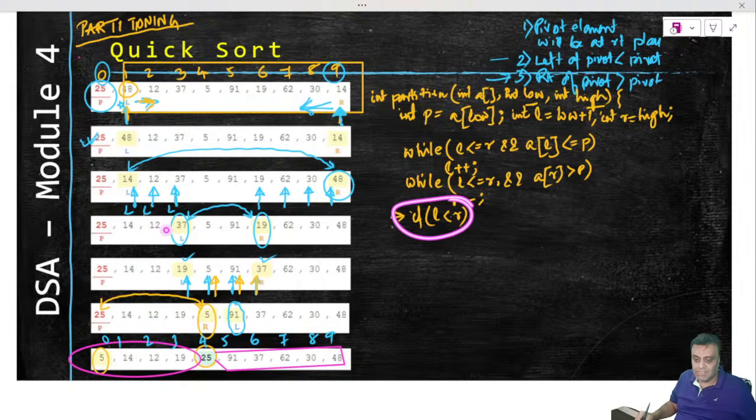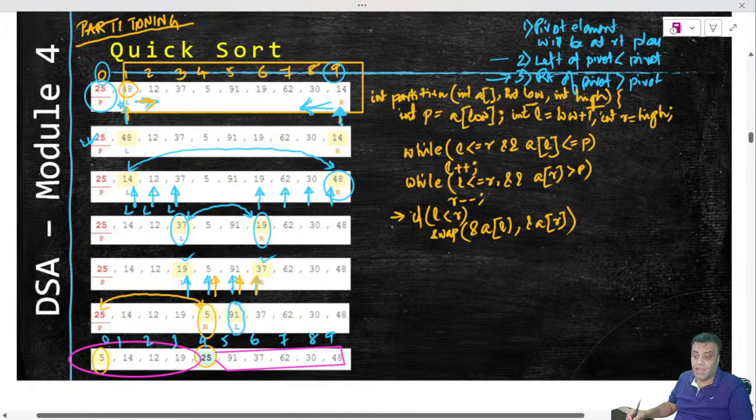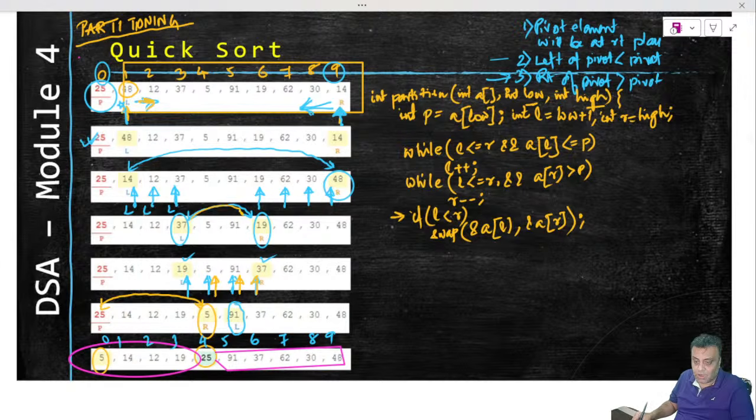Now when I say this, it is actually doing the swap. So we have to do the swap here. Right? So that's what we will do now. If left and right is less than this, then we will do a swap. We will do a swap of, let's say, ampersand of A of left with ampersand of A of R. So we will do a swap of A left and A R. That's what we will do here. So that takes care of this swap, and then again it should continue this.